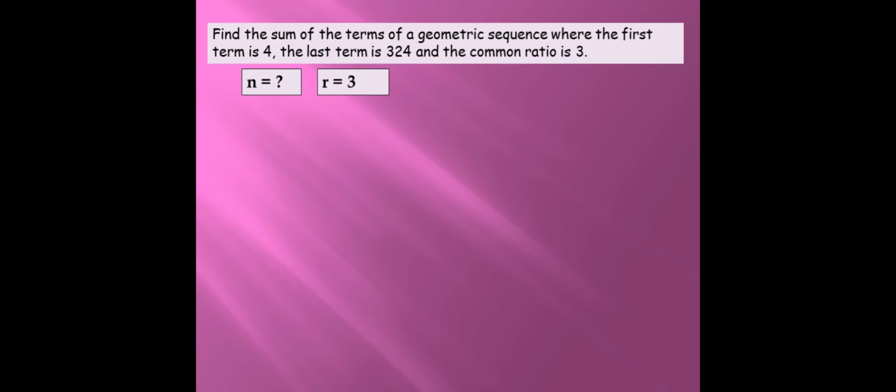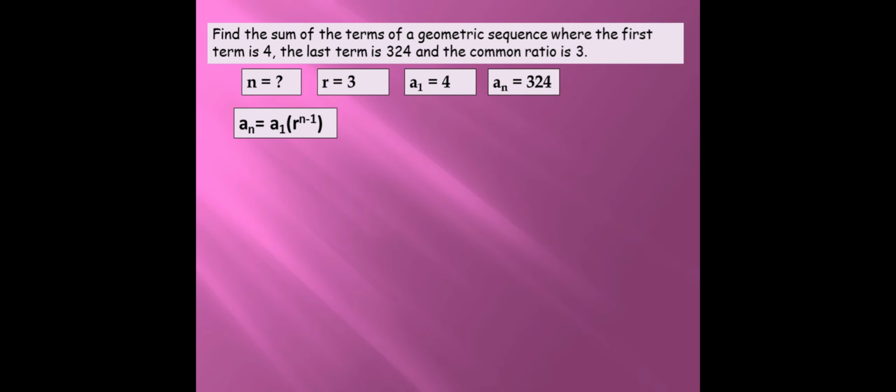Where our R, common ratio, is 3. Our A sub 1 is given as 4, and A sub n is equal to 324. So our last term is 324, but we don't know yet the value of n, kung ikailang term yung 324. Kaya, kailangan pa nating malaman kung ikailang term yung 324 sa pamamagitan ng paggamit ng ating general pattern